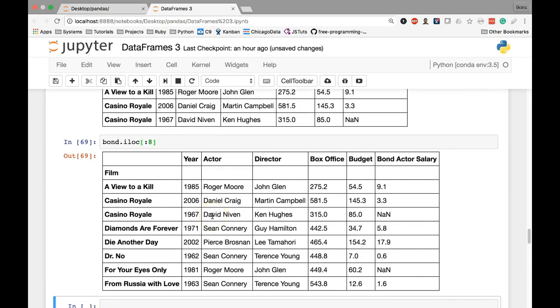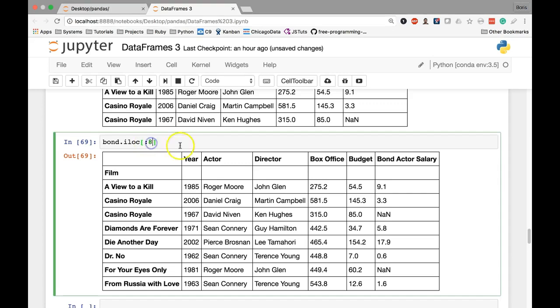And keep in mind, in this scenario, once again, what's going to happen is it's going to start from 0 and include 0 and go up to but not include the film at an index position of 8. So we're only going to have 8 films here, even though we have 9 total films between 0 and 8 in those positions. We can also do things like from a specific point, let's say 18 to the end of the data set,